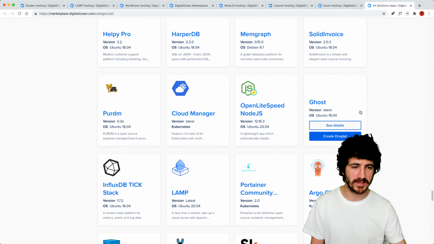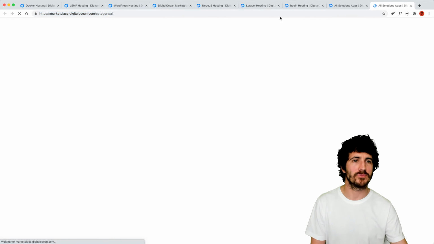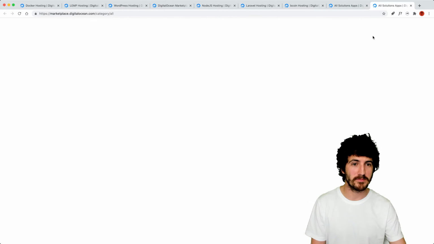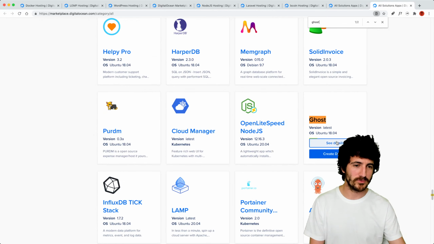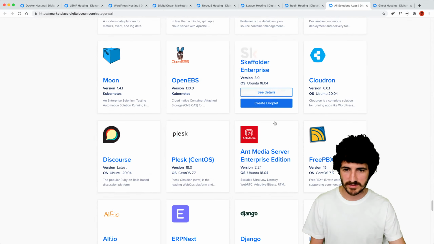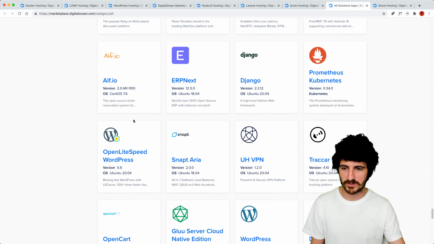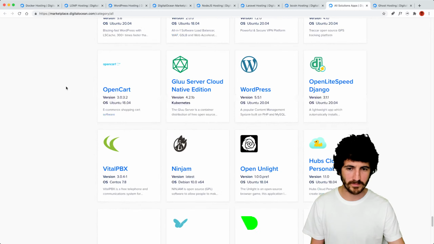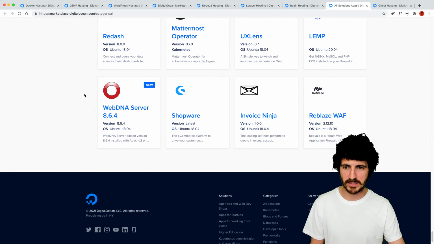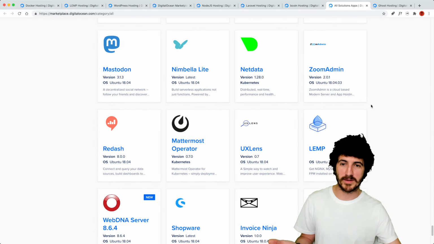It's a fully open source adaptable system to build blogs. Right, let's create one of that as well. Now I'm just going to try them all. So see details, and Discord, you can create your Discord server. Django, Zoom admin, LEMP. Yeah, many things, right?